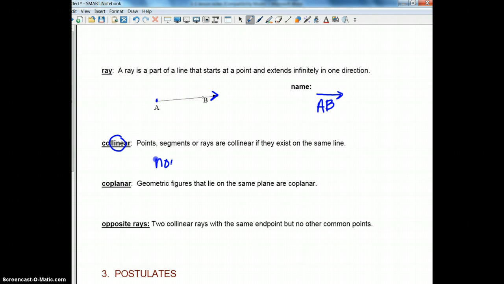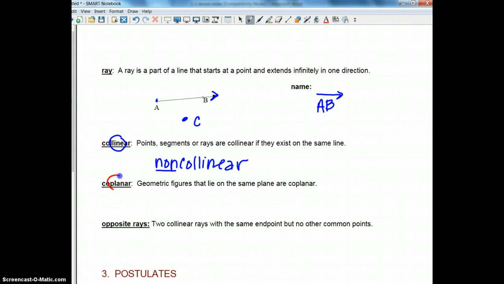There's also such a thing as non-collinear. And I'm sure you can guess it when we put the non in front of it. That means to not be collinear. So if I go back up to my picture of a ray and I put point C over here, point C is not on the same ray as A and B. So those 3 points, A, B, and C, would be non-collinear. There's also the term